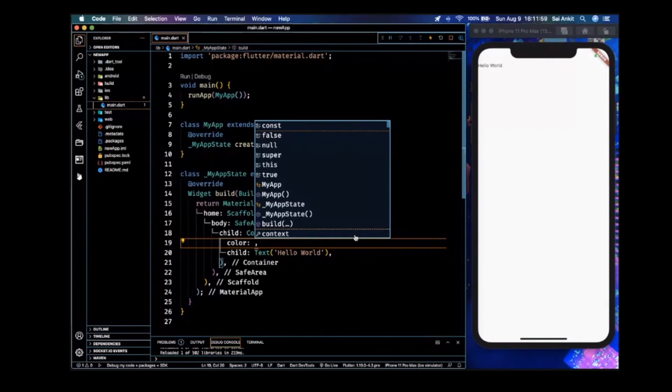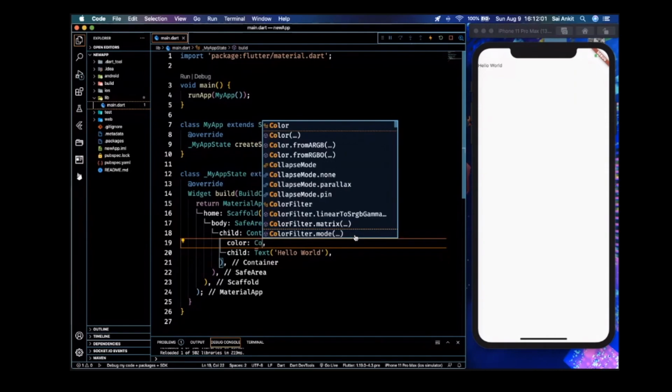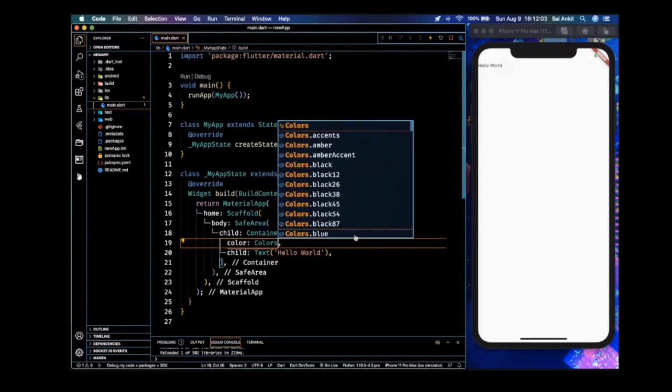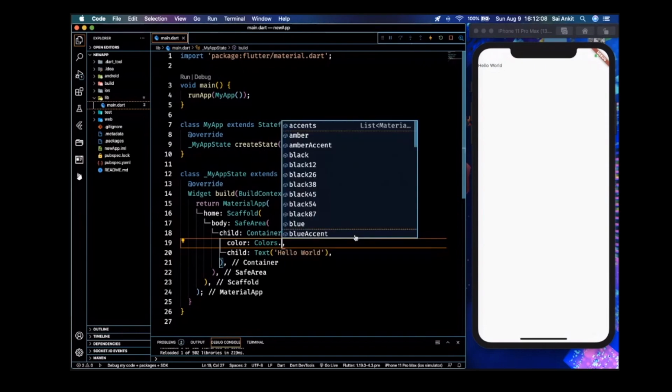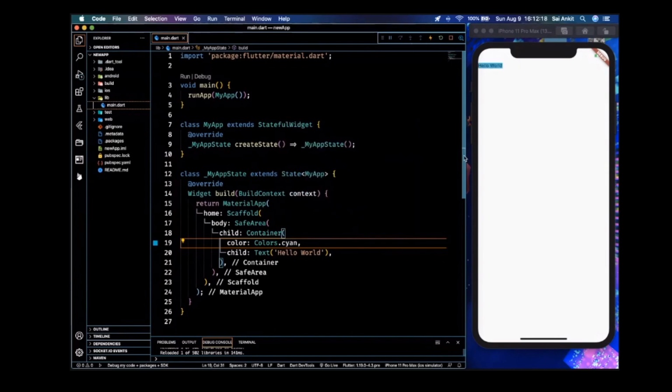And then colors in Flutter works only with the code Colors dot any color you want. You can name it red, blue, green, something, but you just have to mention Colors before it, and then a dot, and then anything after that. So if I want to say Colors dot, let's just say cyan, and then I save it. This text is enclosed in a container of color cyan, and this container is enclosed in